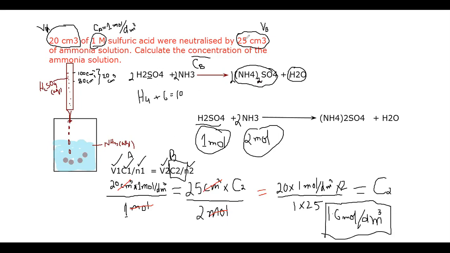So with the help of that formula, you can find out the exact concentration. Let's suppose this is 25 cubic centimeter and this is 20 cubic centimeter, but your answer is absolutely different compared to your concentration, because this is 1 mole and that would be 1.6 mole. Concentration plays a very vital role in chemical reactions.